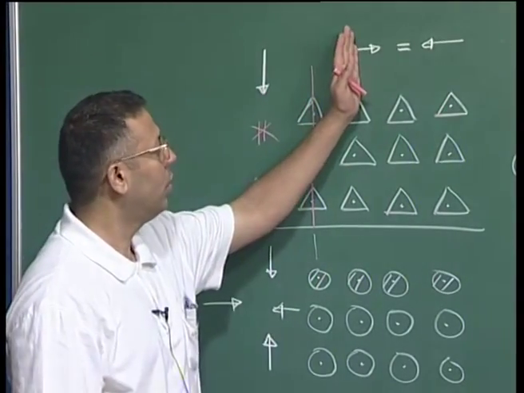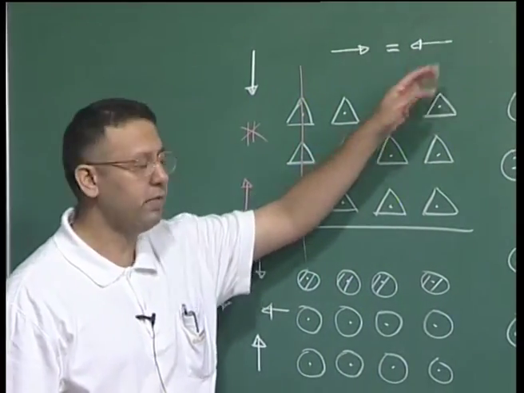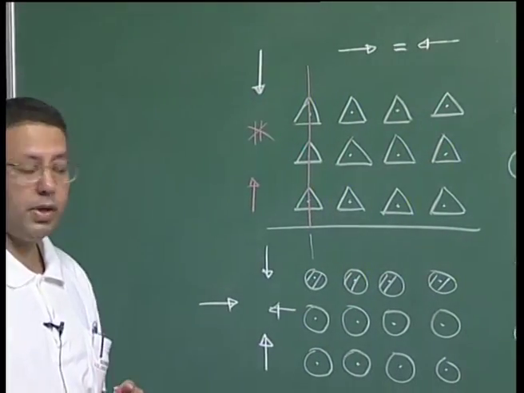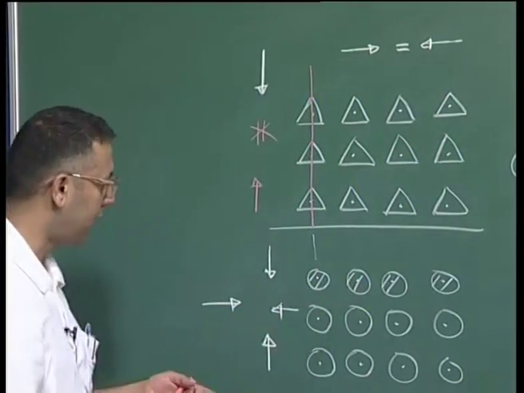So this flow can be inverted to this flow by the mirror, and therefore flow in this direction would be identical to the flow in this direction. But please remember, this structure has a fourfold symmetry. So I can for instance draw that